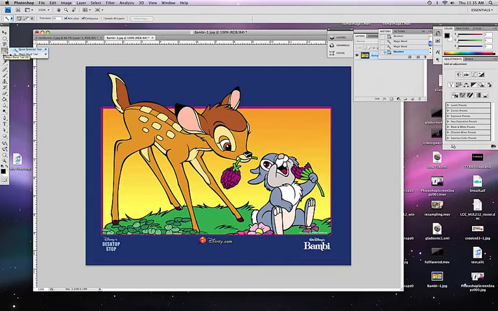There's your magic wand tool. There's your quick selection tool. And you can control your brush size with brackets close to make it bigger and brackets open to make it smaller. Your brackets are up in the right-hand corner of your keyboard. And when you see that plus in the middle of your brush tip, that means that it's going to add to a selection. Right now we don't have anything selected, but if I click right there,